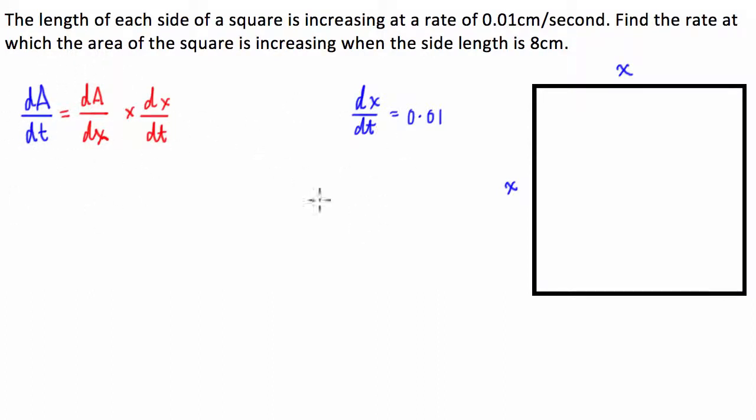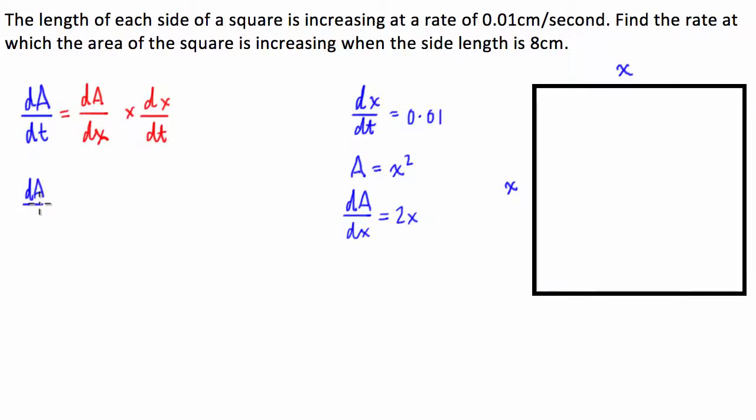So from here, guys, what we're going to do is we're going to get a formula which links A and x together. So let's go and do that. So we know that the area of a square, well, hopefully you guys are aware that the area of a square is equal to just the side length squared. So from here, we can say that the change in area, or dA dx, is just going to be simply 2x. So what we get, guys, when we substitute all of the information that we have been given into the formula, we get